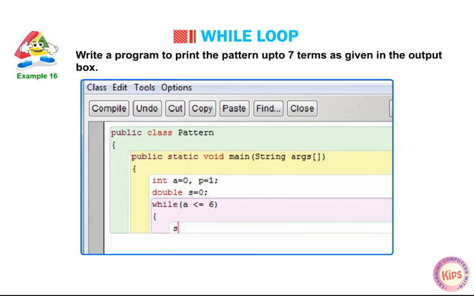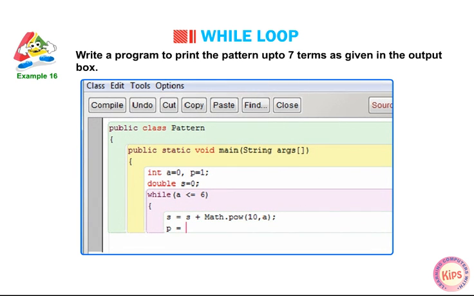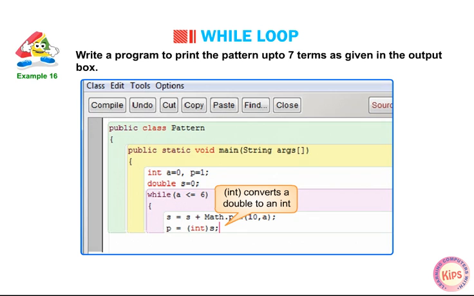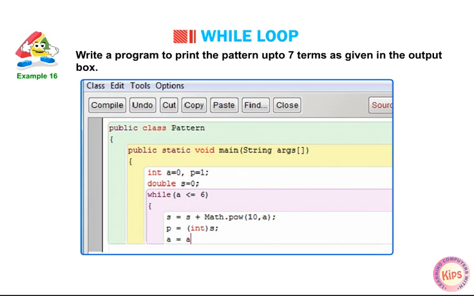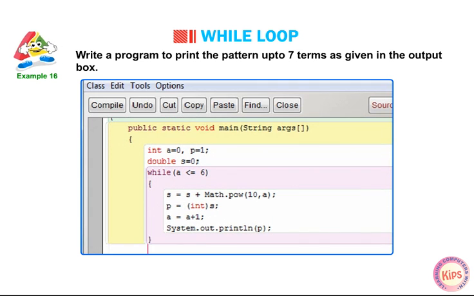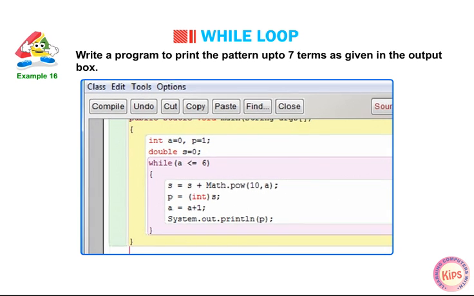s = s + Math.pow(10, a); p = (int) s; (int) converts a double to an int. a = a + 1; System.out.println(p); } } }